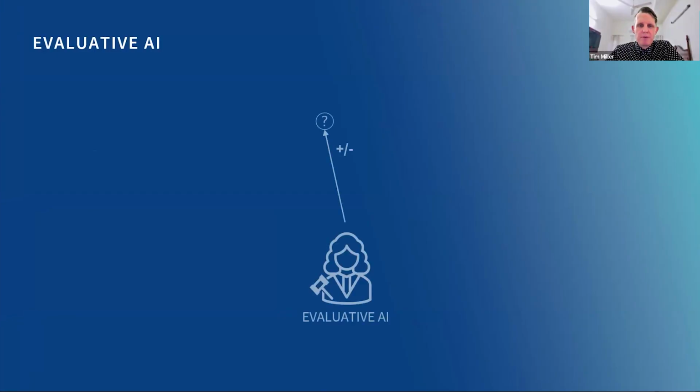So let me give you a quick example of what I think tools could look like. It's a framework I've derived that's called evaluative AI rather than explainable AI. In evaluative AI, you have a decision maker and they have a hypothesis that they think might be the case. I think this might be monkeypox here. And what the tool does is give them evidence to suggest, yes, this is why it could be monkeypox and this is why it might not be monkeypox.